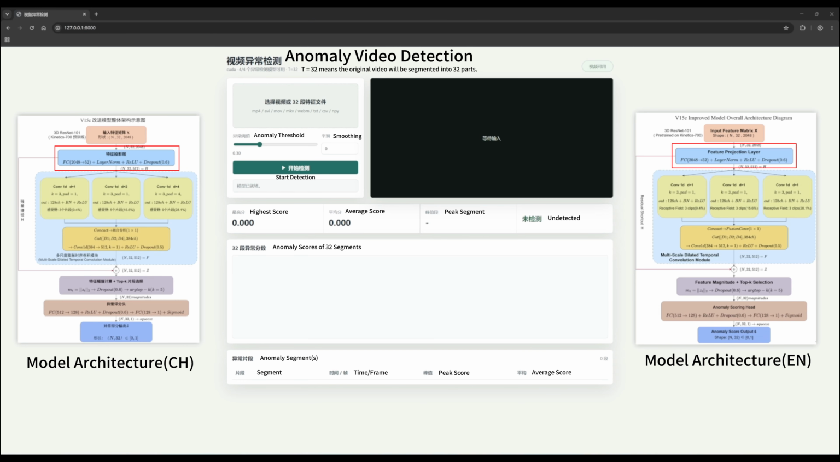The extracted features first pass through a feature projection layer, which reduces their dimensionality from 2048 to 512. The model then applies three one-dimensional temporal convolution branches with different dilation rates to analyze changes across different temporal ranges. A smaller receptive field focuses on sudden short-term changes, while a larger receptive field captures abnormal events that develop over